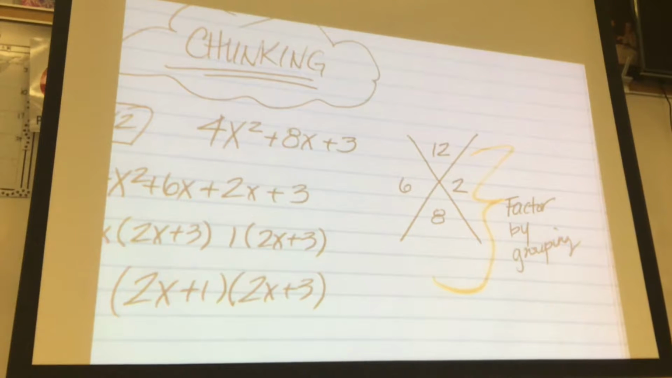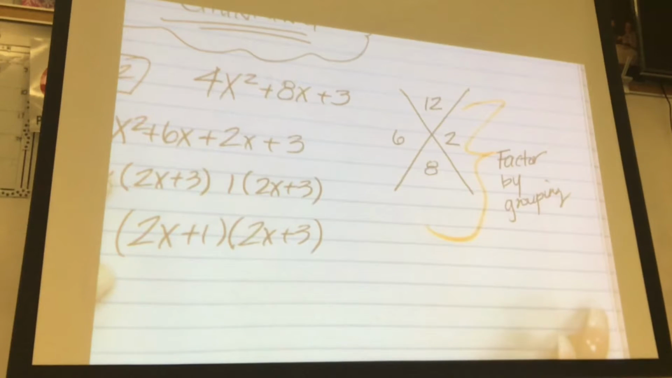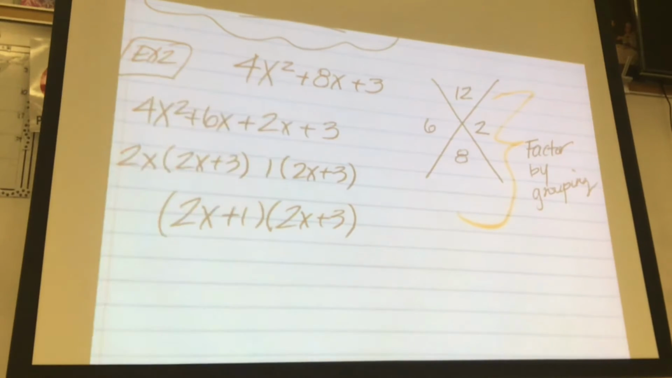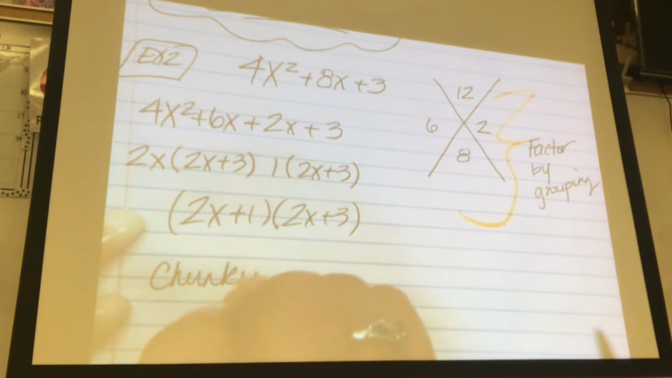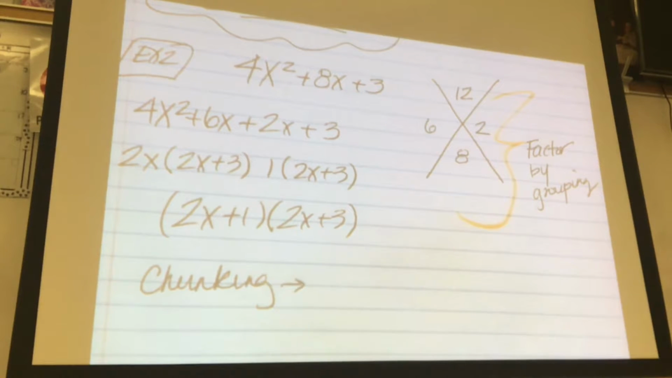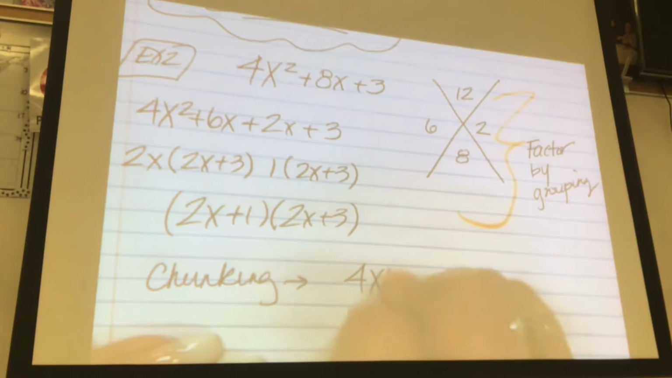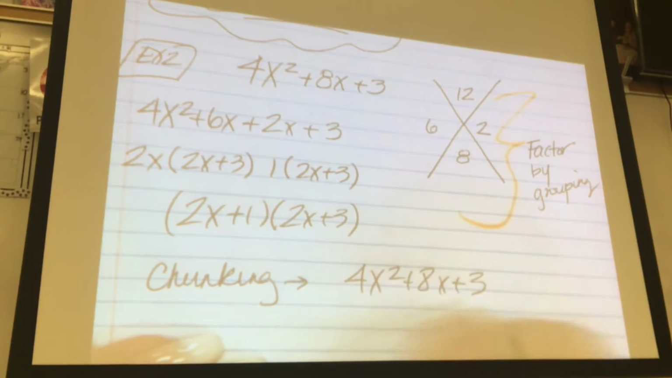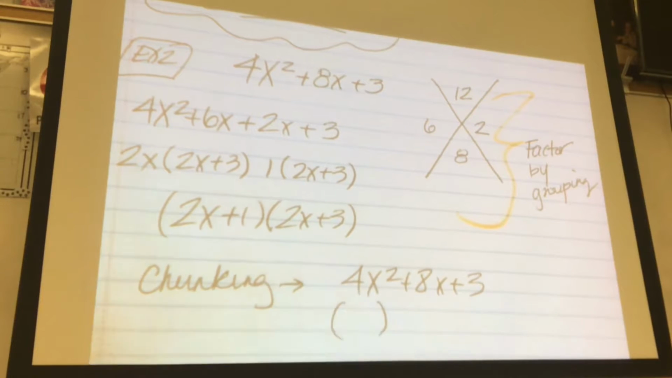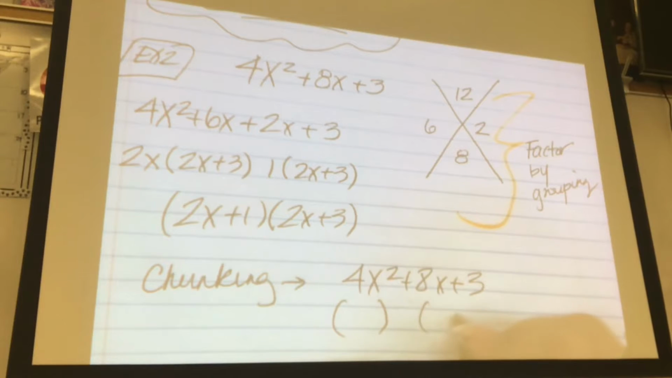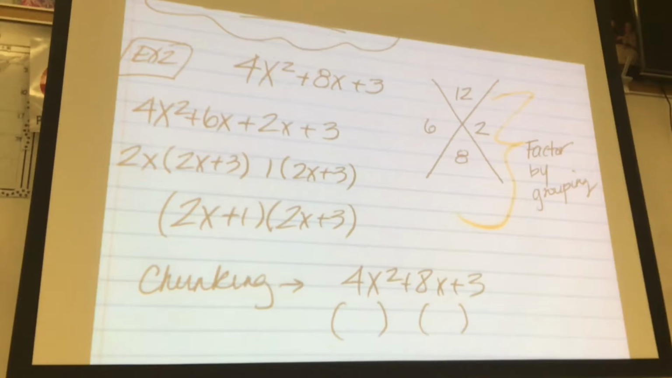Everybody with me? All right, now chunking is another method to do the same exact problem. And some people prefer it because it's much faster. Let me teach you chunking. So let's say you have 4x squared plus 8x plus 3. Well, chunking means that you recognize that this one is double that, or this one is a factor of that, excuse me. So what happens is you just create these parentheses and you tell yourself, okay,